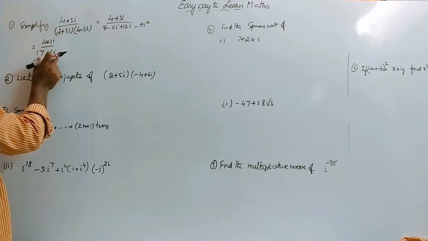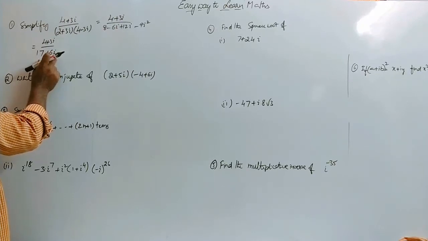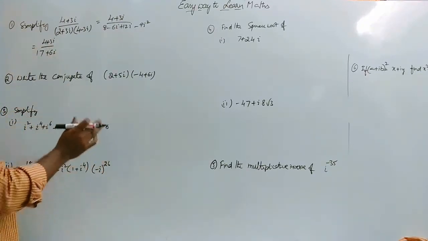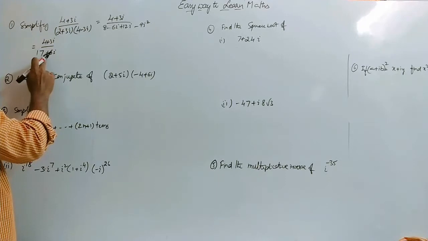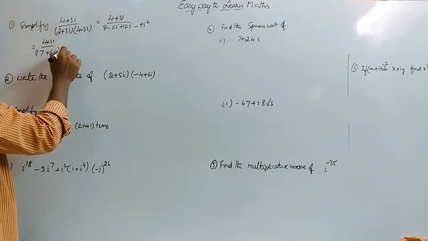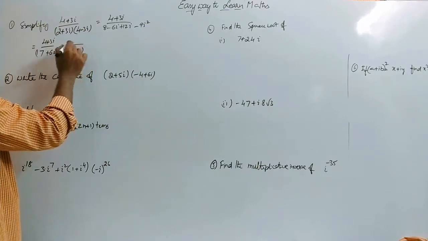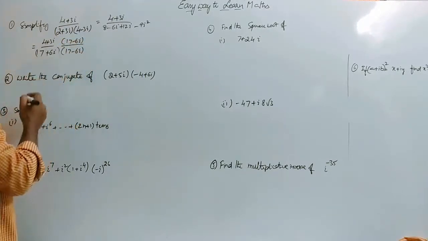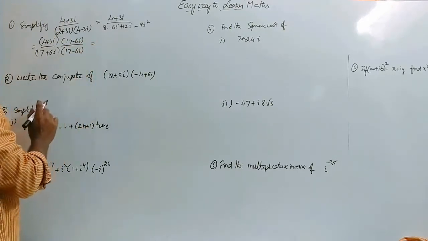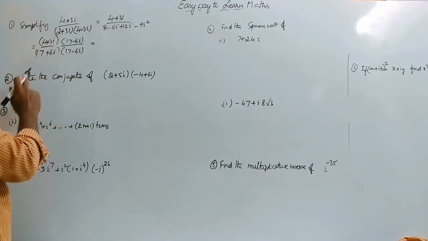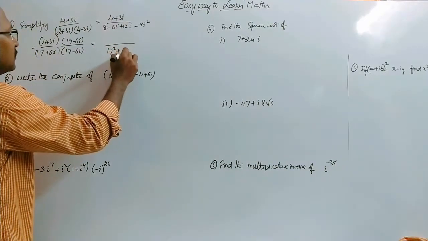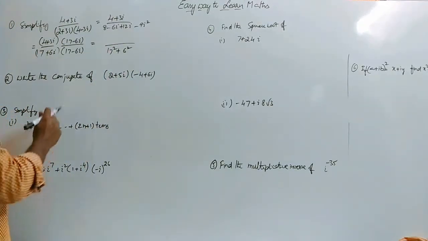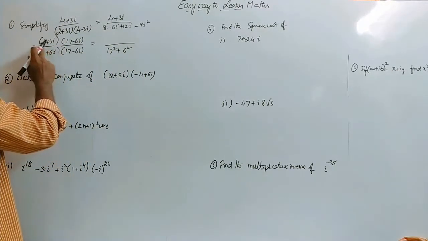Now, let us multiply with its conjugate. What is the conjugate of a plus ib? The conjugate of a plus ib is a minus ib, and hence here you have to multiply both numerator and denominator with 17 minus 6i. Let us rationalize this way. 17 minus 6i, here also 17 minus 6i. Therefore, that is equal to, we know that a plus ib into a minus ib is a square plus b square, and here therefore 17 square plus 6 square, and again the same multiplication, 17 4s are 68,